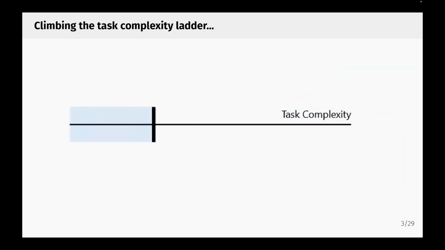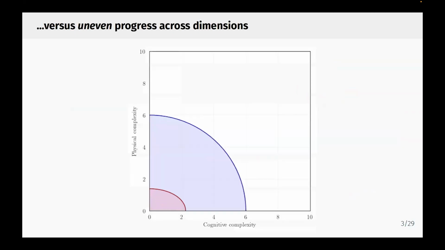You can see in this nice GIF, which I'm pleasantly surprised is loading properly, tasks are getting better over time. We're going to bring forward an alternative way of thinking about this, where you have a frontier with two dimensions of tasks: cognitive tasks on the x-axis, physical complexity on the y-axis, and you can think of a task as a point. If you're inside the frontier, then you can do it, whether it's a human or a model. If you're outside the frontier, then you're not able to do it.